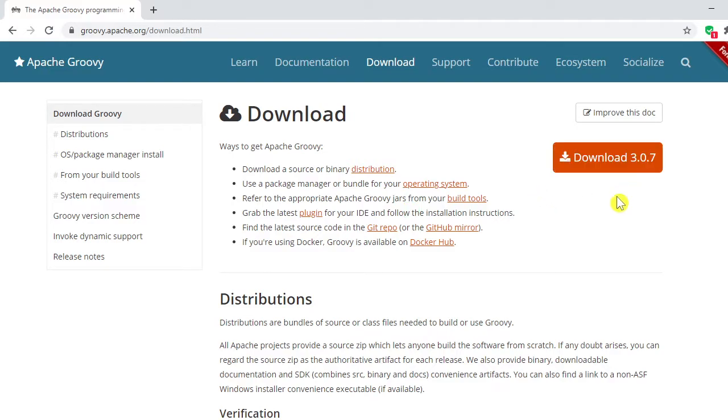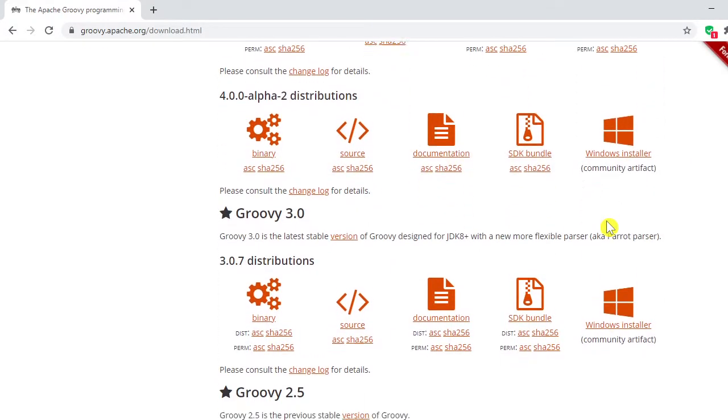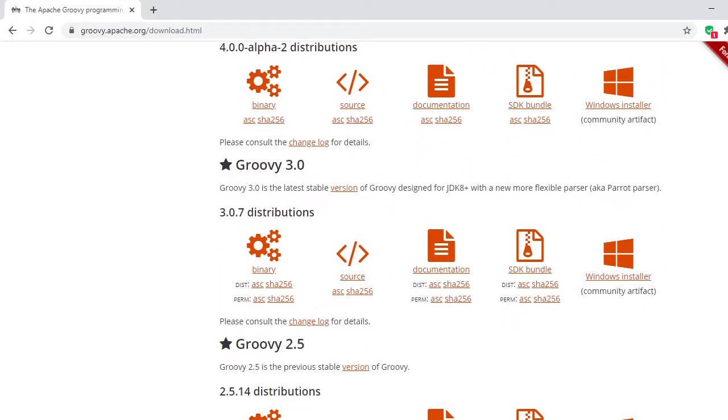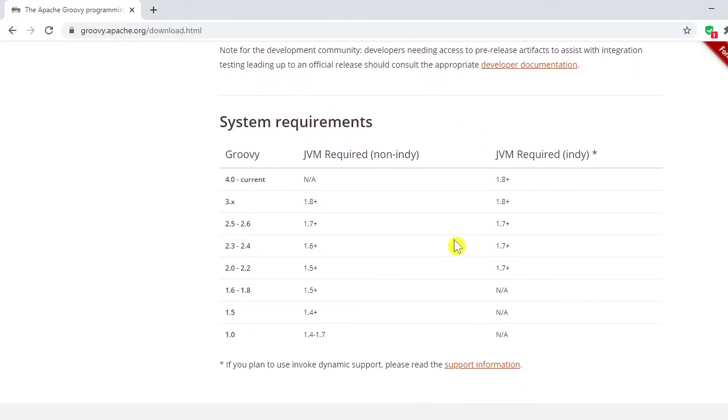This is a binary version. Scroll down to the bottom. Here you would see all the current Groovy versions and their respective Java versions that need to be installed. So since we have installed the 1.8 version, we can go ahead and install Groovy 3 version.